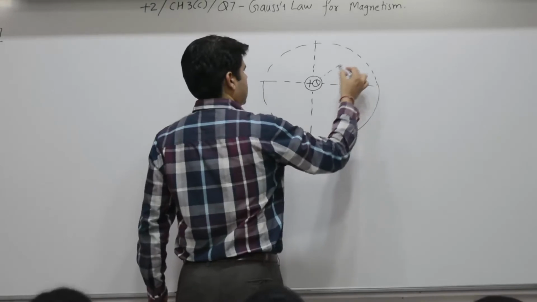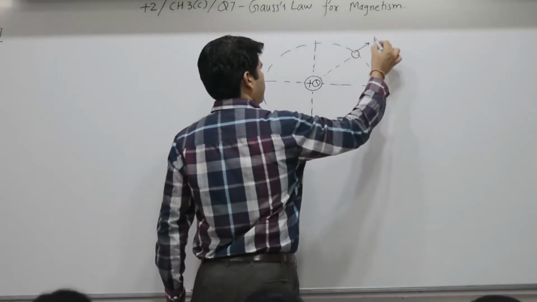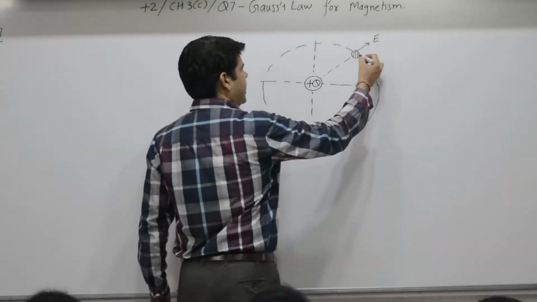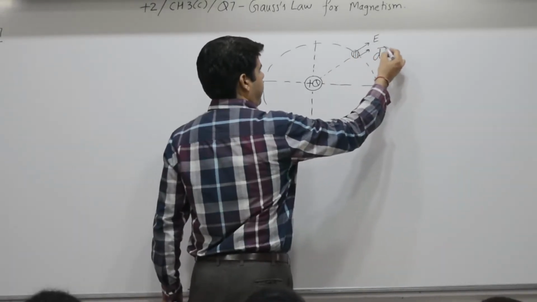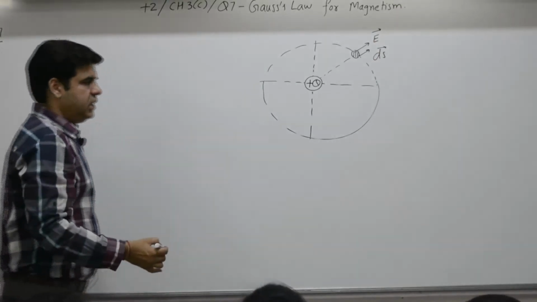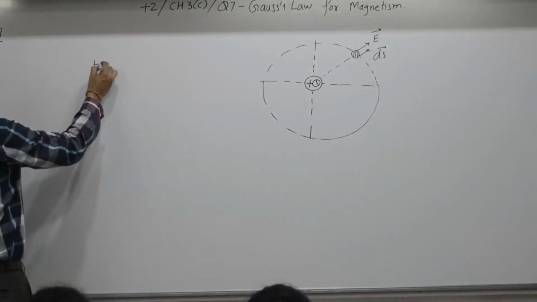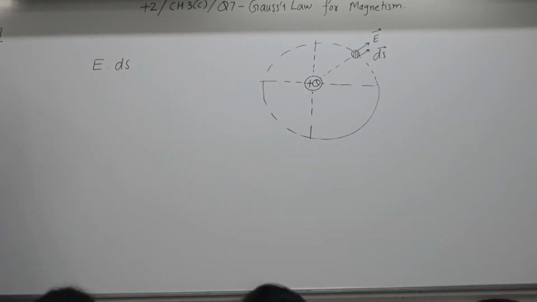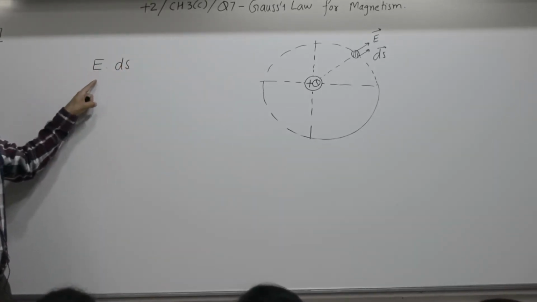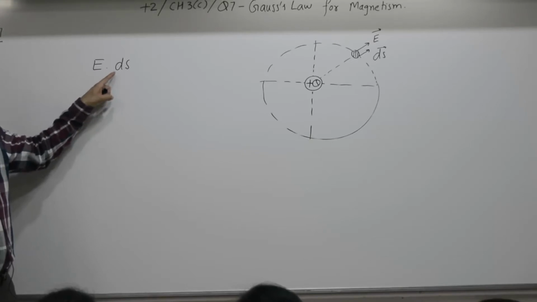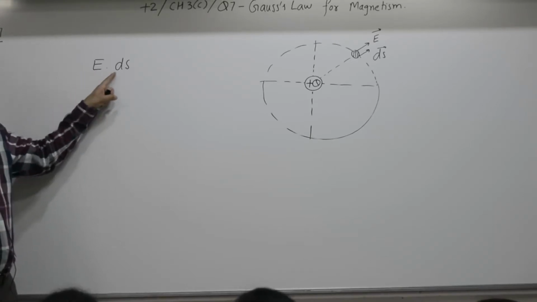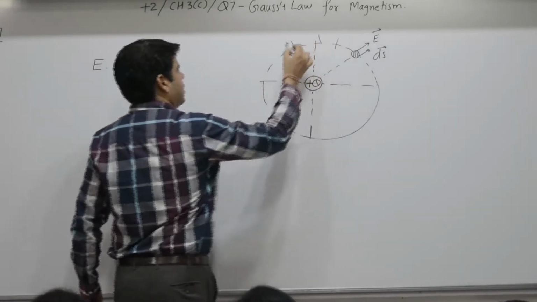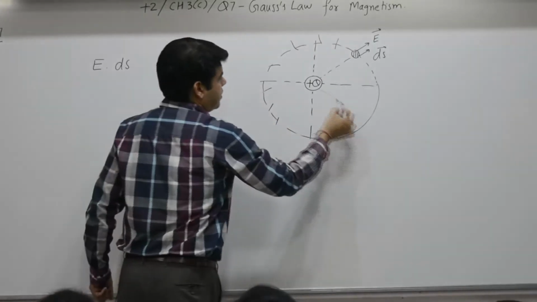E represents what? Number of lines coming per unit area. ds is a small area. So E represents the number of lines per unit area into ds. Say 10 lines per centimeter square into 2 centimeter squared, so the total number of lines coming from this area is 20. Total, all the lines coming out,